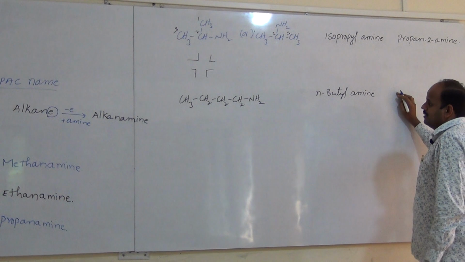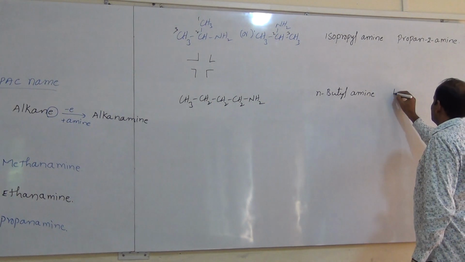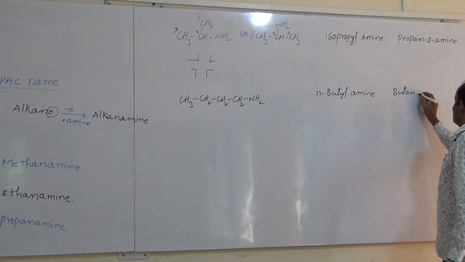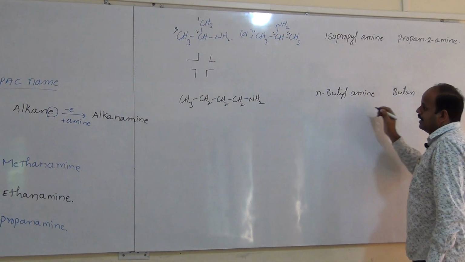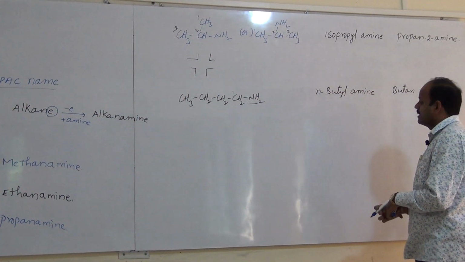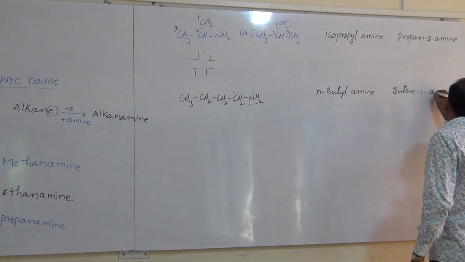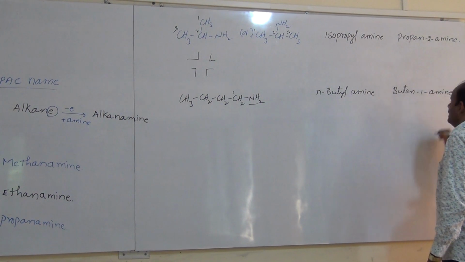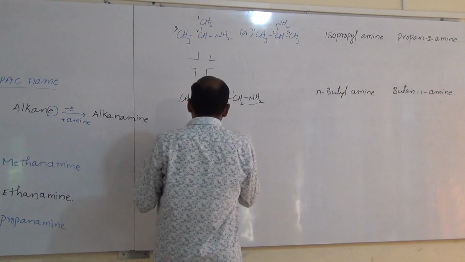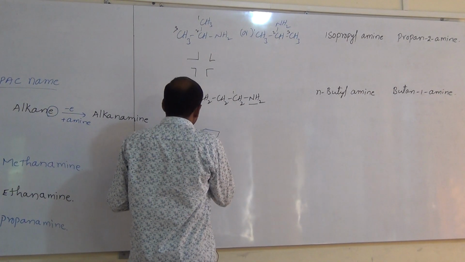Alkane amine is there, no? Thus 4 carbons alkane is butane, and don't write the A, instead write the amine. And here this NH2 group is present on which carbon atom? First carbon atom, hence butane-1-amine is the IUPAC name. Okay. And if you take aromatic amines also,